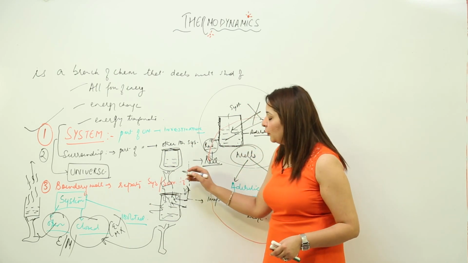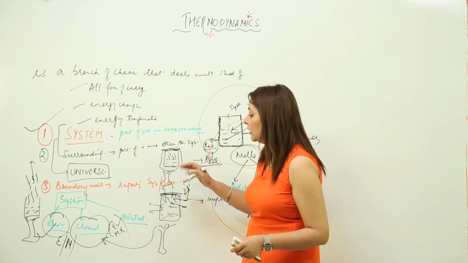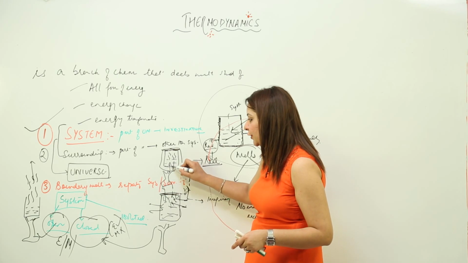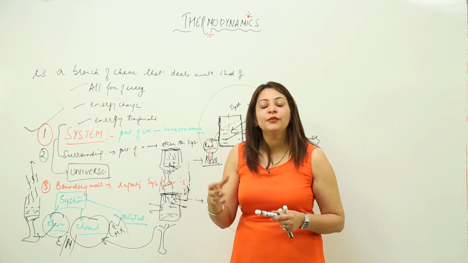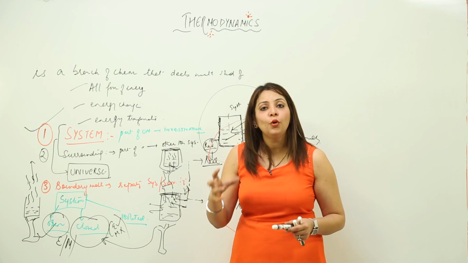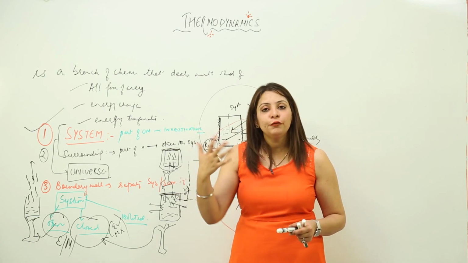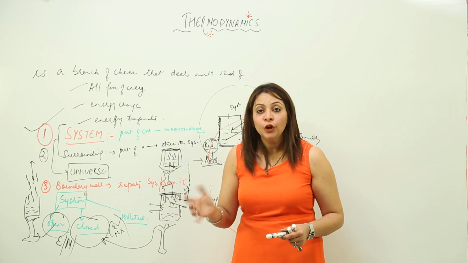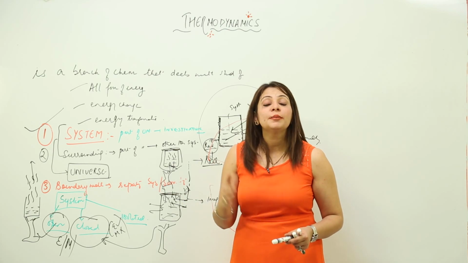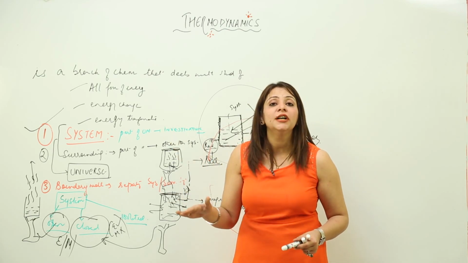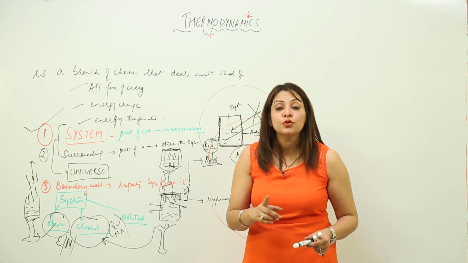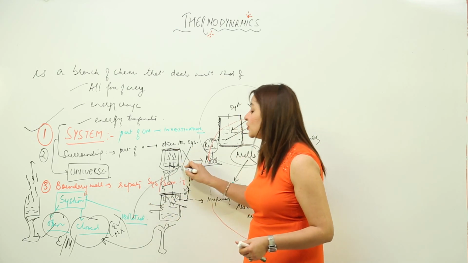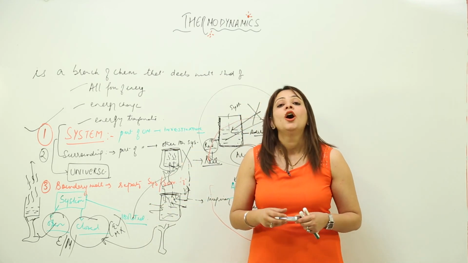So what is going to happen? When I heat it, it is not going to allow heat to come in. Still, some of the surface molecules, which are more energetic, have the capability to diffuse up and form vapor. So the vapors are forming from the water itself, not from the heating. But the vapors are not allowed to go out because it is covered with a lid, and that lid is adiabatic, which does not allow exchange of matter or energy. So an isolated system is one which neither exchanges energy nor matter with the surrounding.